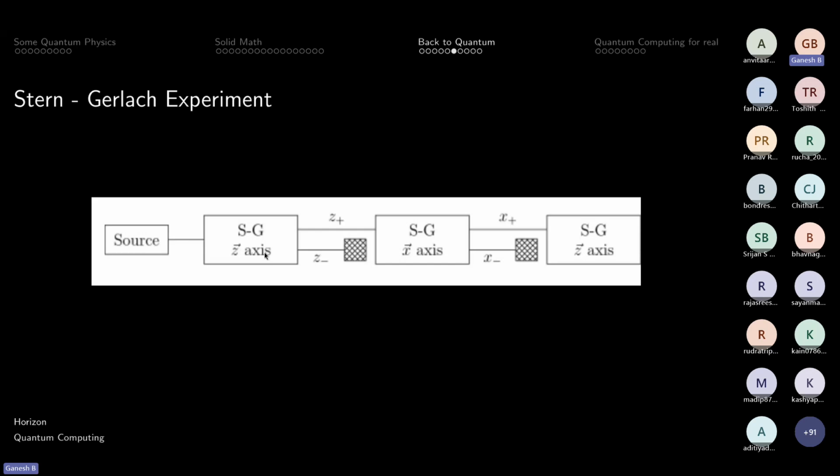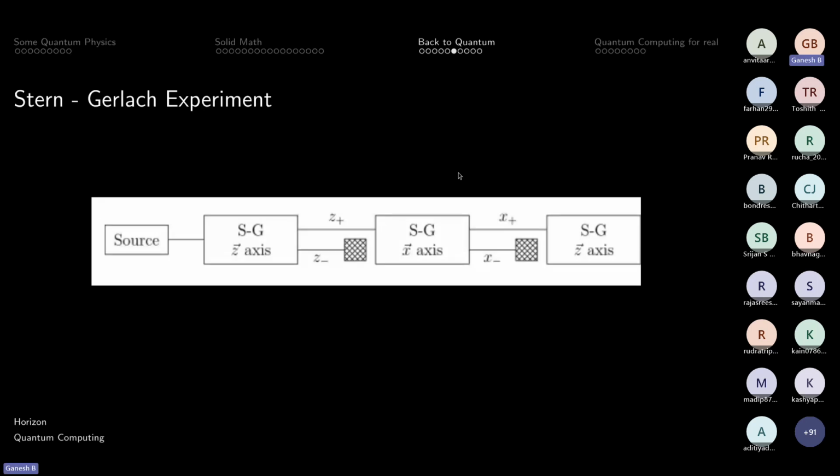Okay, so I hope the question was clear. These boxes filter out the electrons based on the spin along a particular axis. The first one filtered along the z-axis, so it filtered into positive spins and negative spins. We are taking the z positive spin electrons to another filter. Now it filters along the x-axis, so we have the positive spin along x-axis electrons. Now you again pass it through the z-axis filter.